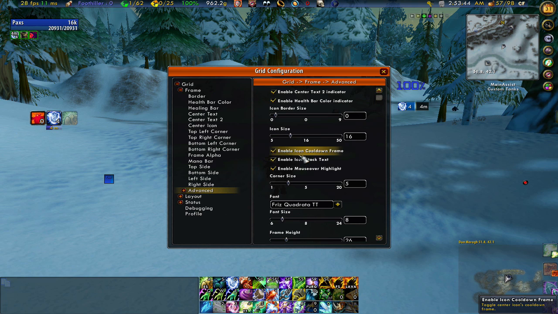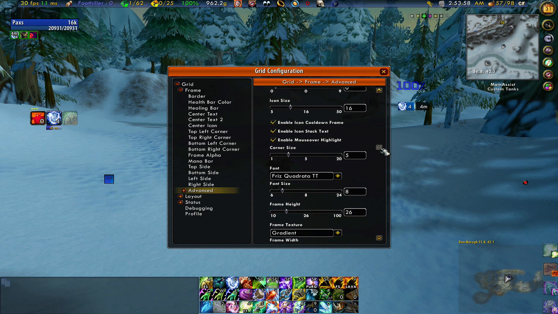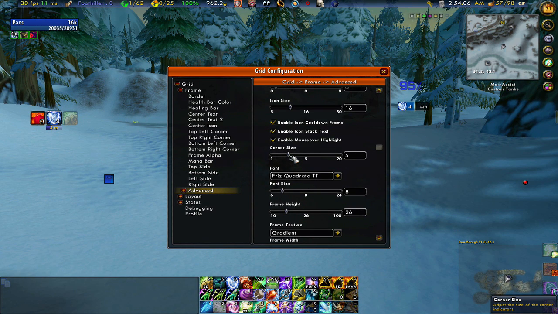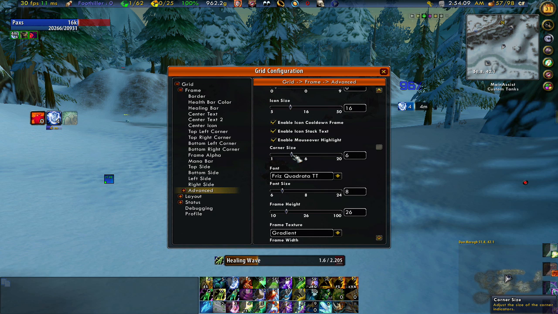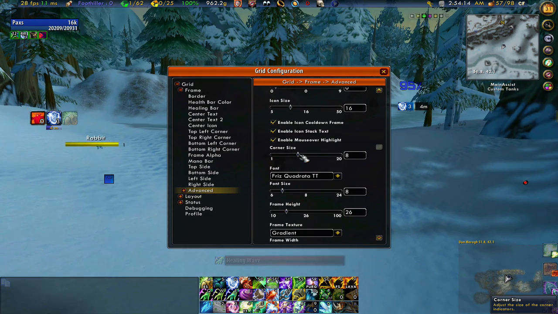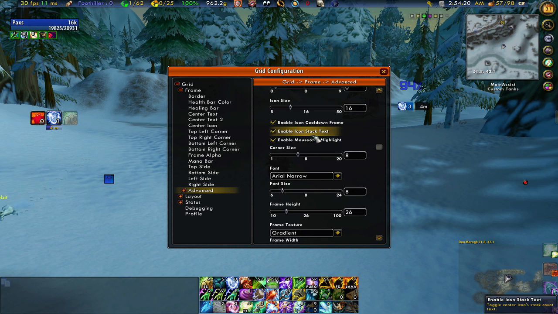This is an icon that appears in the center of the grid box and shows things like raid debuffs and other important information. The corner size controls the size of the corner and side indicators, which can be set to show a wide variety of information. For example, on the bottom left, there is a green corner indicator, which signifies that an incoming heal is being targeted on the player. And I've just increased the size to 8, something that's nice and visible and doesn't strain